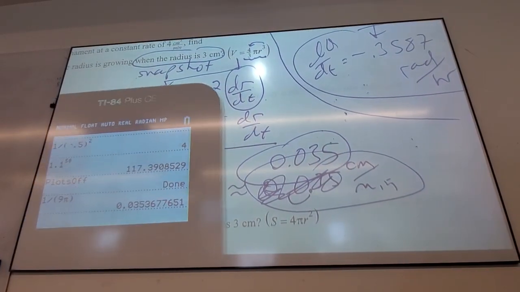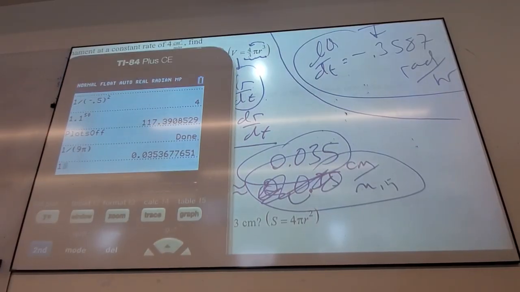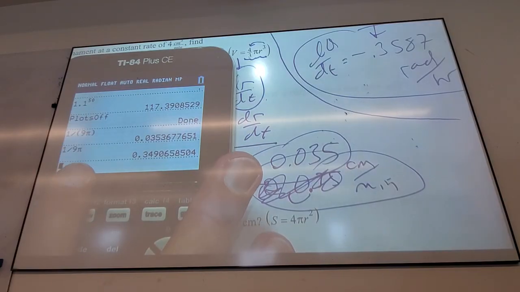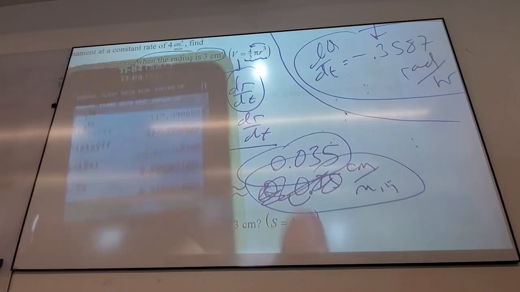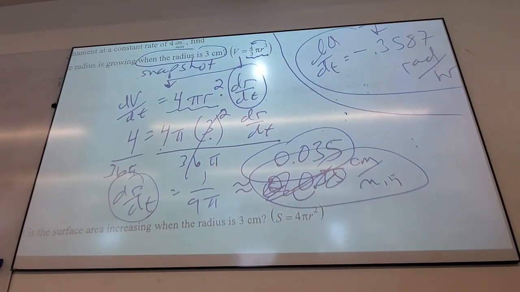So again, 1 divided by 9 pi. If you do this, 1 divided by 9 pi, what's the calculator gonna do? It's gonna divide 1 by 9, and then it's gonna multiply the result by pi. You guys good? You guys see the difference? This thing knows order of operations, which means whoever's using this better know, please excuse my dear Aunt Sally,